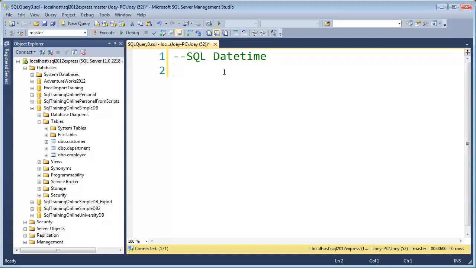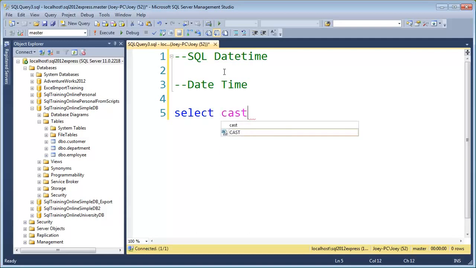So the datetime data type actually has two different parts. It has a date and a time all stored together. And the best way to communicate that is going to be simply taking the following statement: select cast, then I'm going to put a date in here. So I'll put in 2/2012 and let's see, 10/19. Okay, and I'm going to cast that as a datetime,